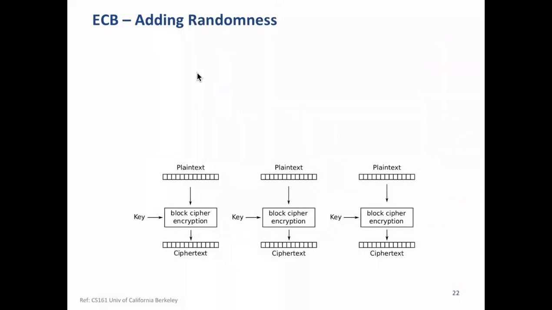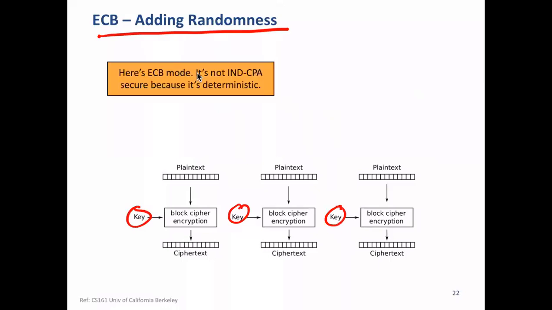So now we need to do something to improve on this. We are trying to add randomness, so that some randomness comes into the whole thing. Now we don't want to change the key, because changing the key is not an option: both sender and receiver, Alice and Bob, have the same key. So we must do something else. All right, so we are now adding randomness to the whole game, and we call it CBC mode,